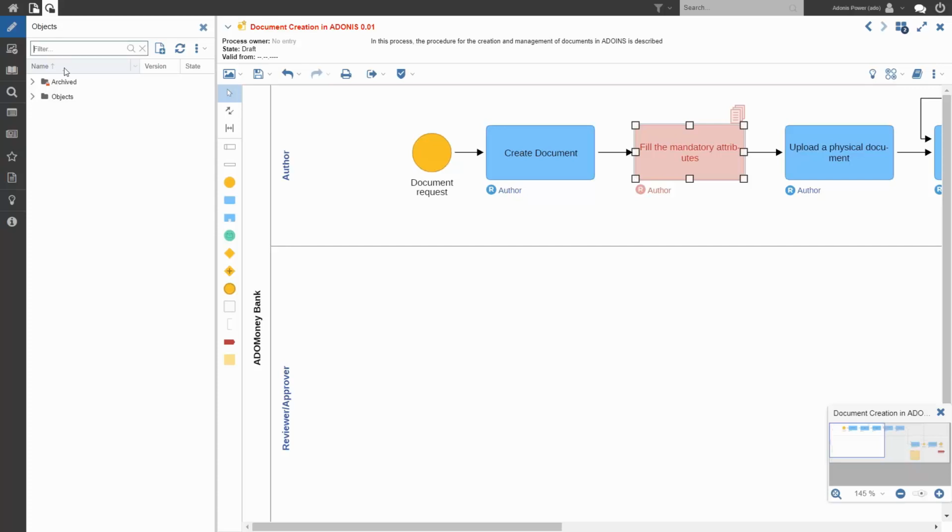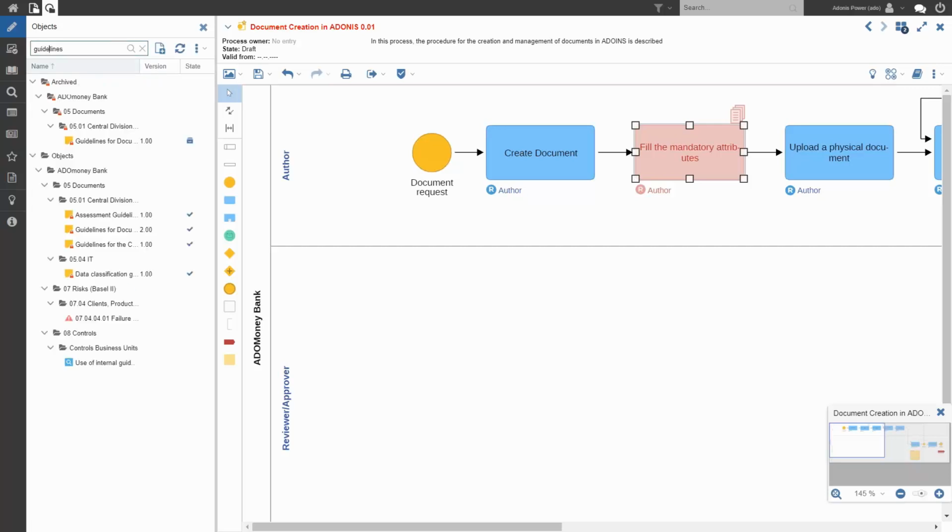So here in the Object Explorer, we can just look for our guidelines document again, if I spell it right. We can see in the top half here that our guidelines for document creation is here in our archive, but we want to make a change to the latest released version, which is our guidelines for document creation version 2.